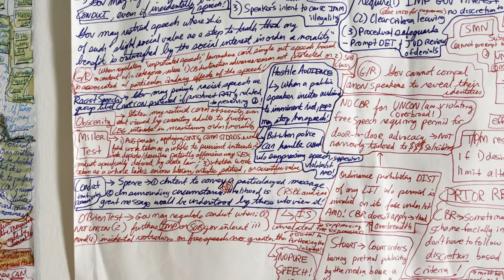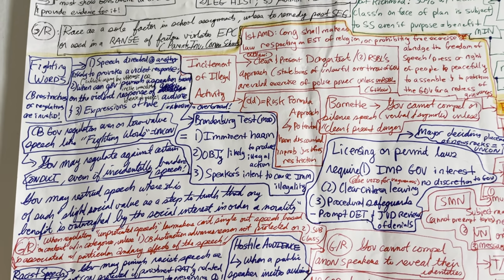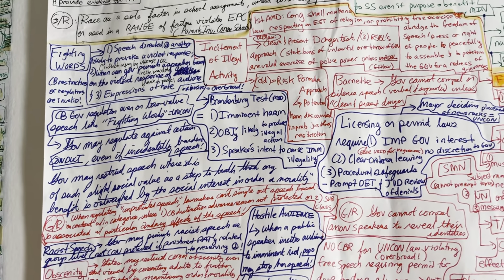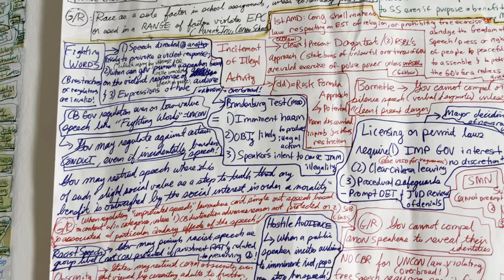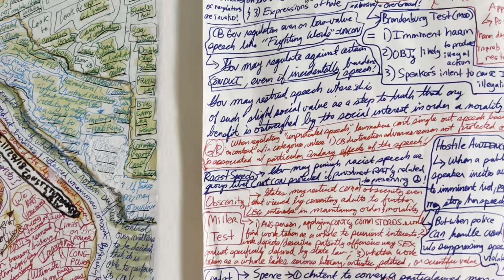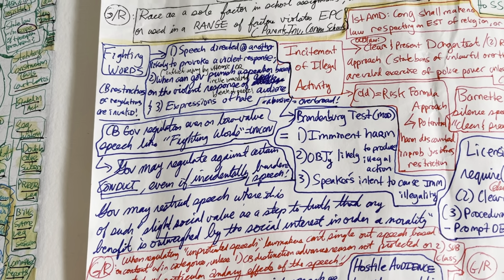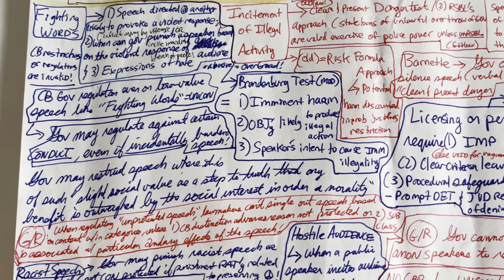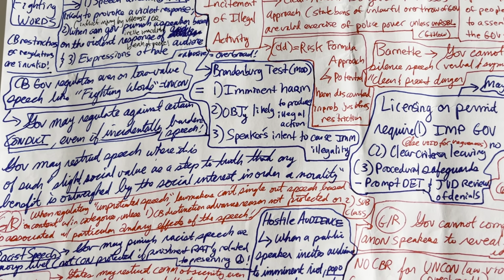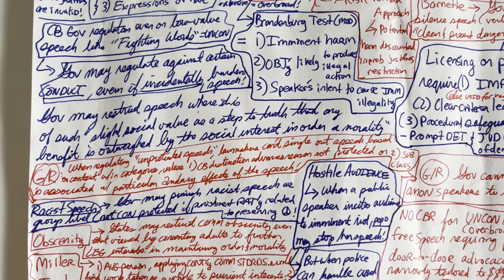and then follow the legal mechanisms to challenge it. Now, in Barnett, remember that government cannot compel or silence speech, verbal and symbolic, unless there's that clear and present danger, in that clear and present danger test. And as part of that incitement of illegal activity, remember the old area of law, which was the risk formula approach, where the potential harm discounted the probable justifications for the restriction.